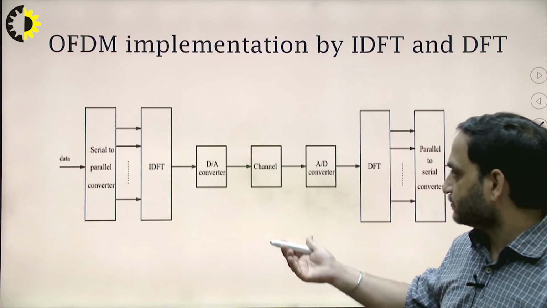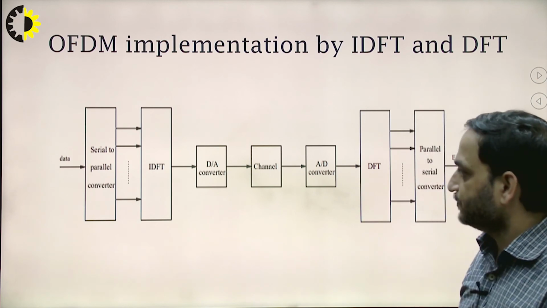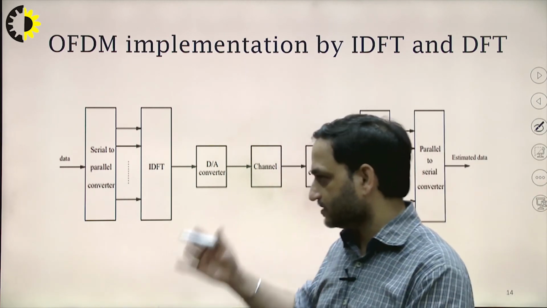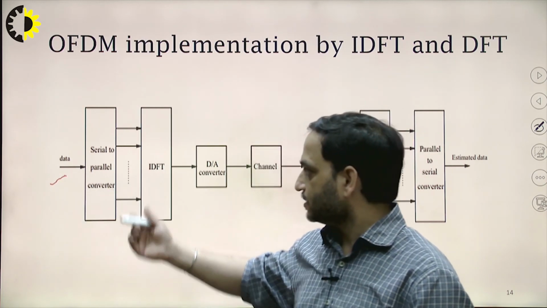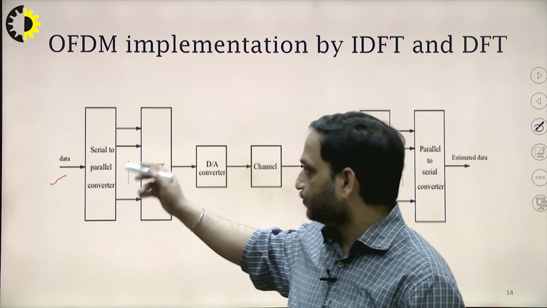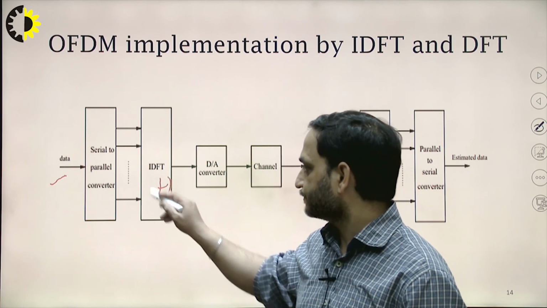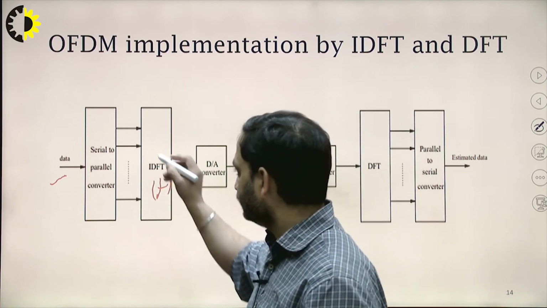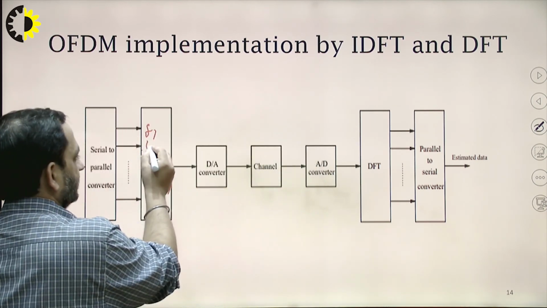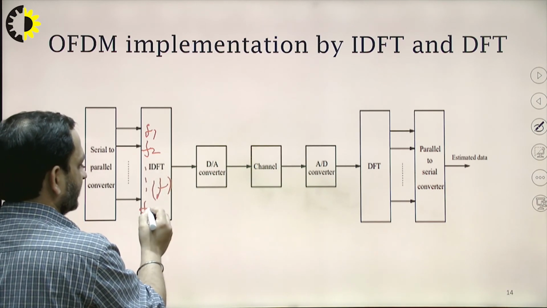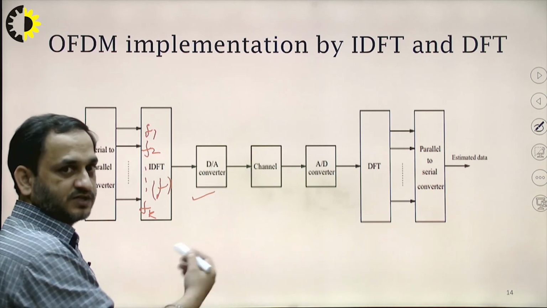At last, let's see the implementation of OFDM using the IDFT. This is the simple method which we have discussed, combined in a block diagram representing the data. The first step is the serial to parallel converter, then we modulate with the help of frequencies. These frequencies are given by the IDFT, so we can mention them as F1, F2 and so on up to Fk. Then we use the digital to analog converter, then we transmit through the channel.